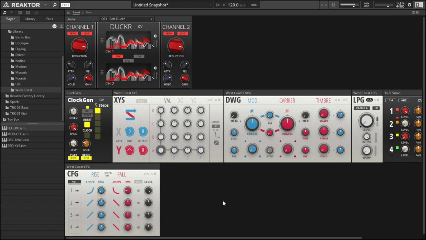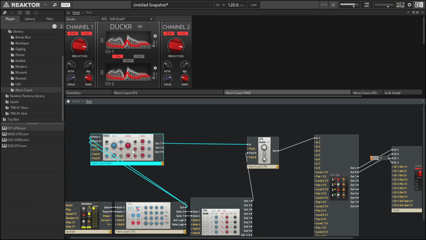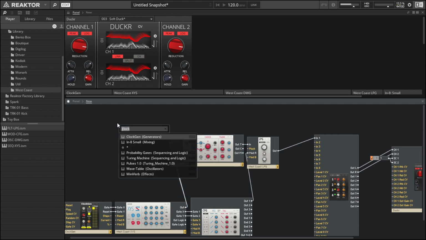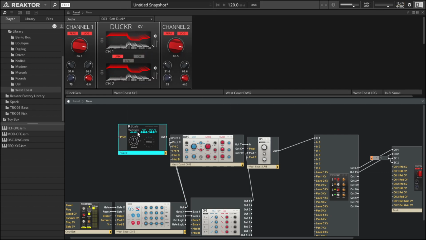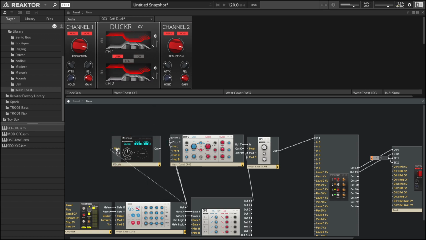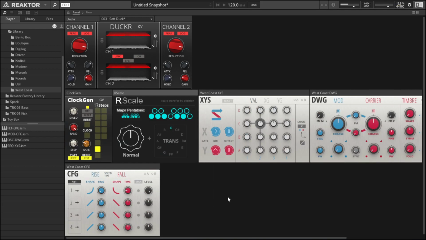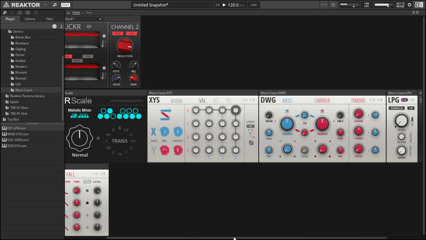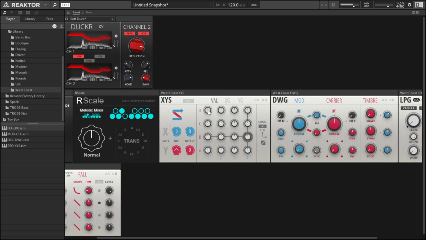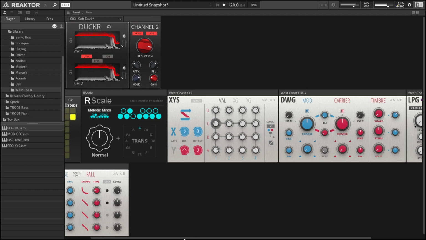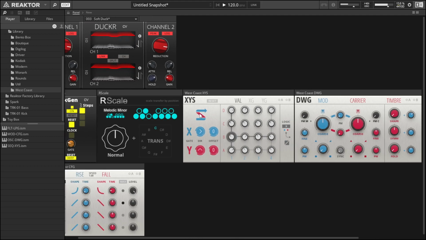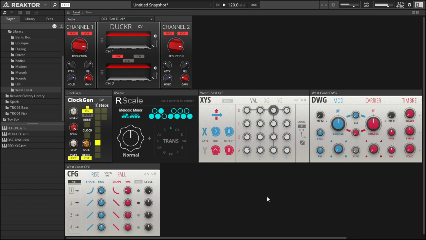Oh, and I don't have anything in here for values. Right, that pitch is just set to that. Let's do R scale. I'm going to go regular here, not that it really makes so much of a difference. Get into here, go into these. Put this here, let's do melodic minor. And then random values. Okay, so